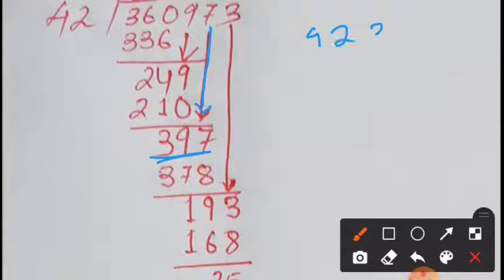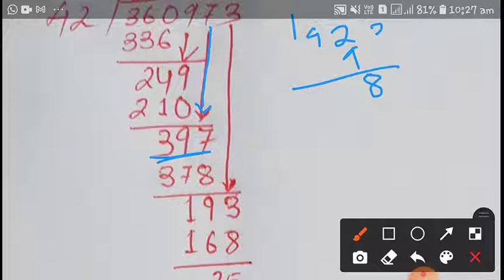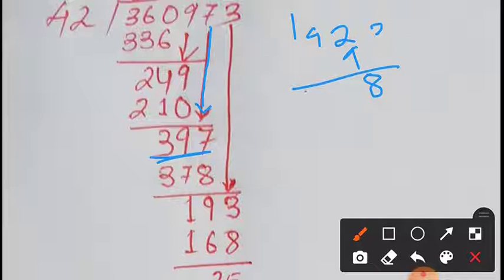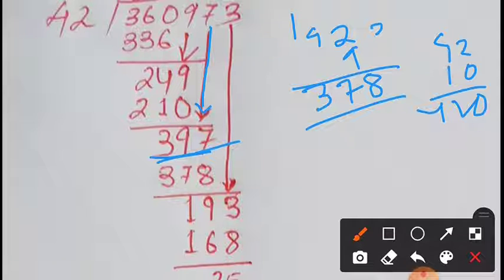42 if you multiply with 9, 9 twos are 18, carry 1, and 9 fours are 36 plus 1, 378. It's not it. 378 is very close to 397, because if you multiply 42 with 10, it will give you 420, which is higher. We cannot take this one, so we'll take 378. Now you subtract 8 out of 17, you will get 9. If you subtract 7 out of 8, you will get 1, and then you bring 3 down,